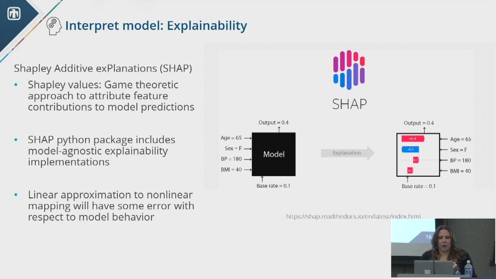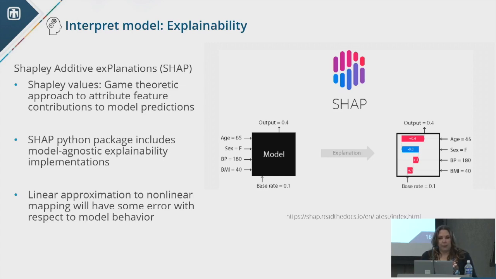So one of the methods that we have used for explainability is known as SHAP. The 1-minute version of what SHAP does is it's based on Shapley values from math, from game theory, where the goal is to attribute feature contributions for the model predictions from a deep learning model or a machine learning model generally.